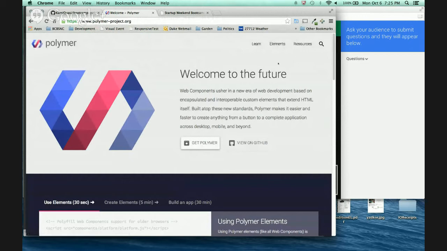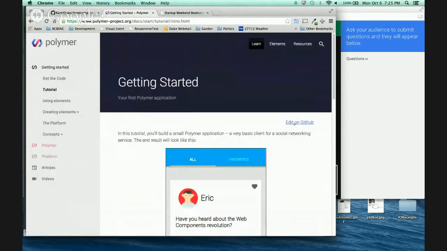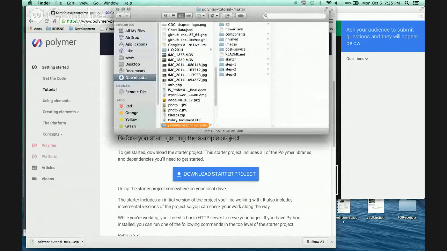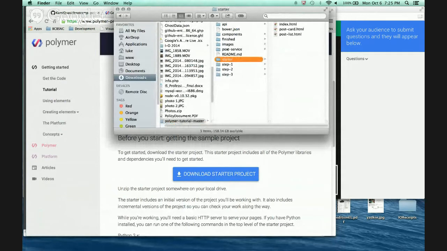So in order to do that, if you look, they have downloading the starter app project, and once again, I'll just say that this is a great way to learn some of the elements and things like that. And so let's see here. The finished project, as you can see here, has a bunch of things in it. So we'll take all this stuff here, post service, yep. So the only thing we don't need